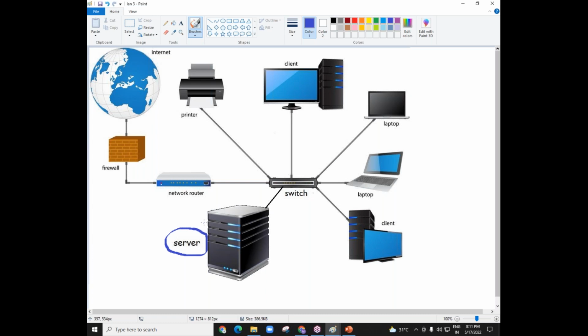Let me just clear one thing first. When I say computer network, it can be the internet, or it can be a company's network. Right now we are connected to this session through the internet, right? Without the internet, can we connect to this session? Of course not. So the internet is a computer network, my friend.